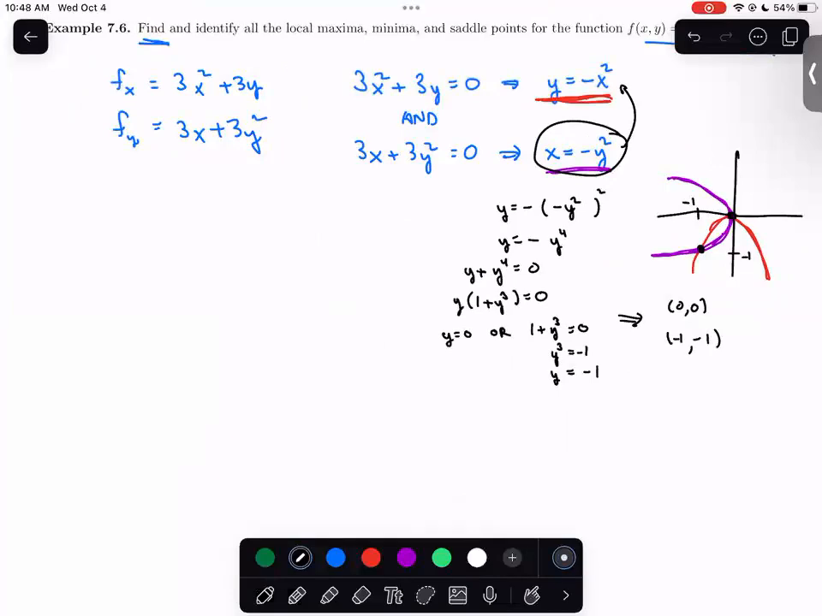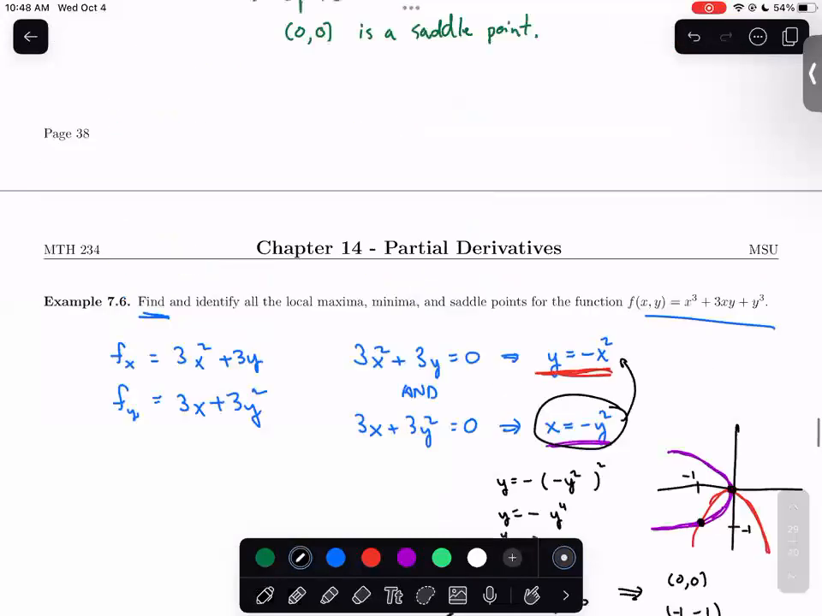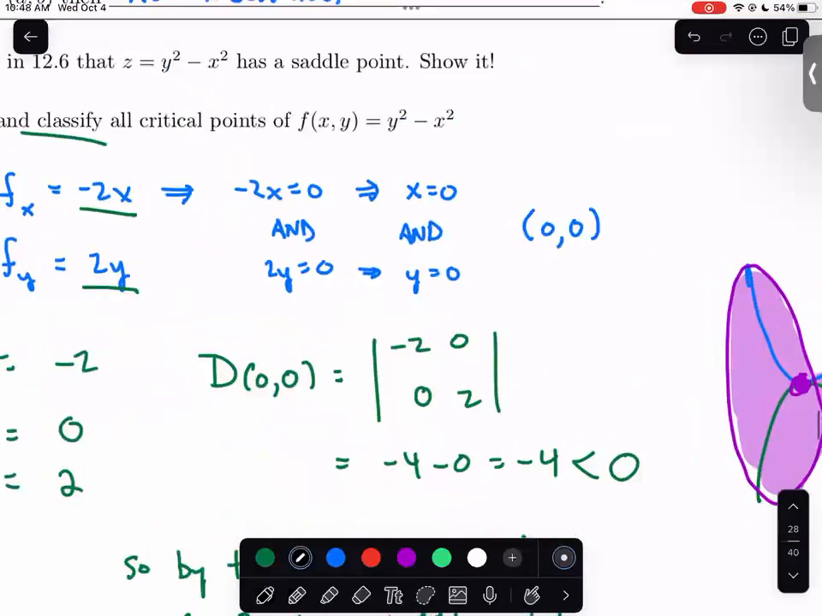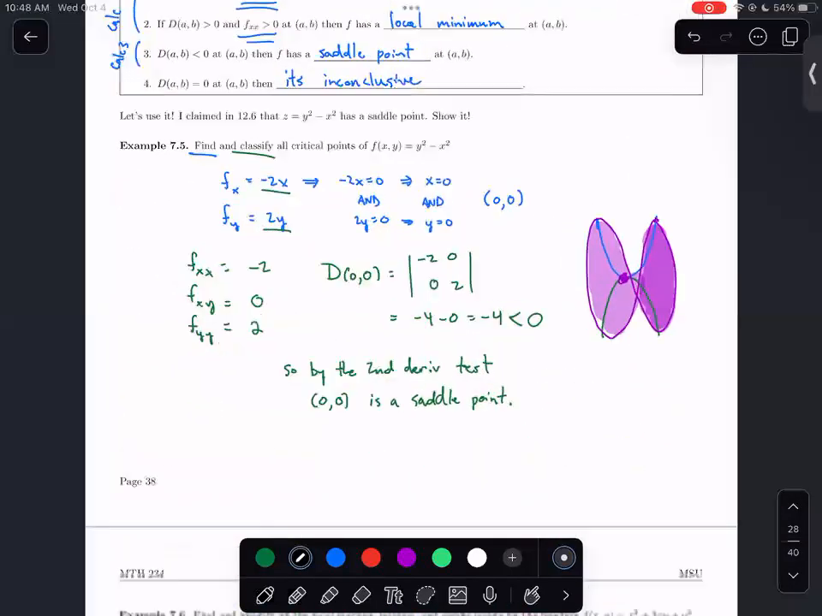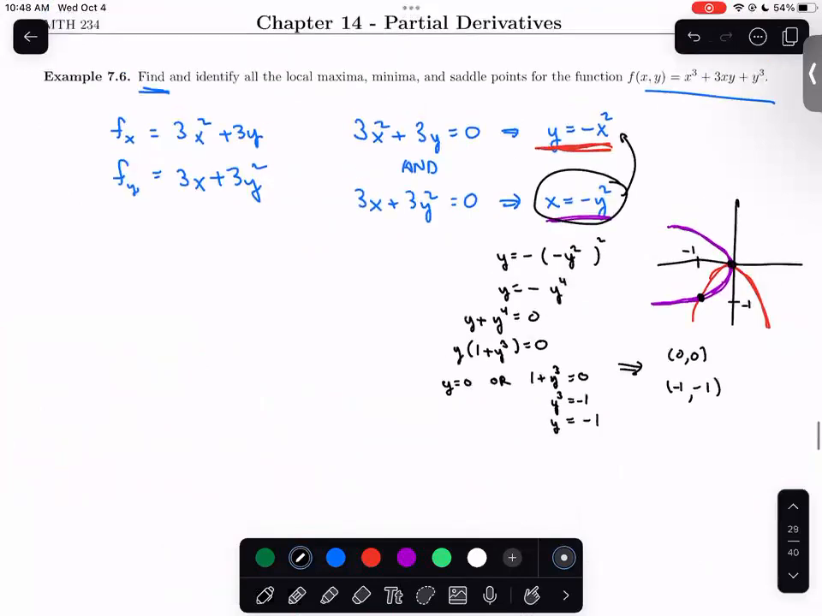You can see that solving or finding my critical points in this case was more difficult. Right? The last one, the system of equations, was very, very nice to us. I will tell you that,